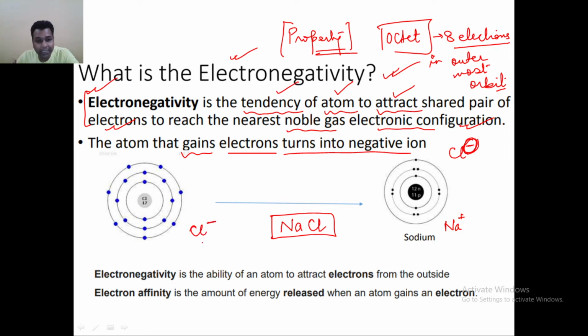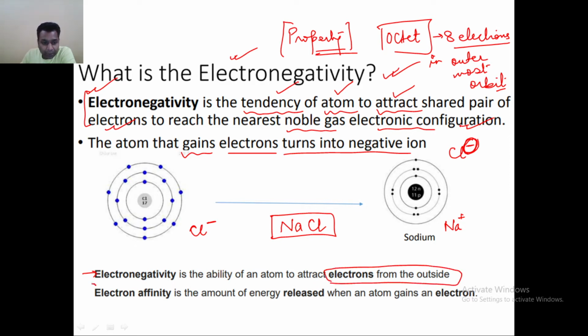So please mind that electronegativity comes into existence whenever any atom takes part in a chemical reaction. If it is not taking part in a chemical reaction, then it is neutral, it will make a molecule, it won't have any ions. So electronegativity comes into existence whenever you have chemical reactions. We have to make all these concepts very concrete and discrete. Now electronegativity is the ability of an atom to attract electrons from the outside. This I have already told you.